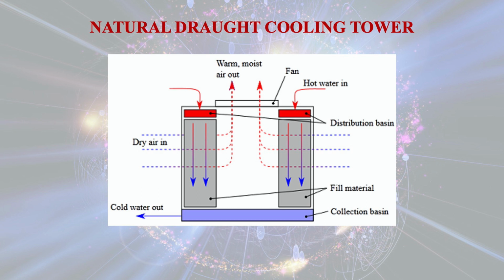is to be cooled is flowing from top to bottom, and while flowing from top to bottom, it is passing through the packing material, and there is sufficient time for the heat transfer between hot water and the dry air, and because of this the dry air temperature increases and the hot water which is falling from the top of the cooling tower to the downward direction is getting cold, and the cold water is coming out from the outlet which is located at the bottom.